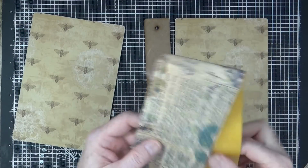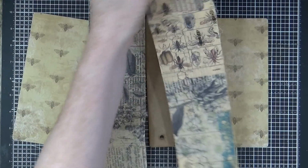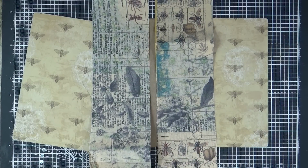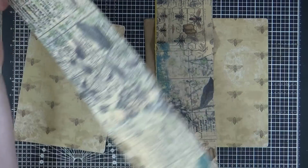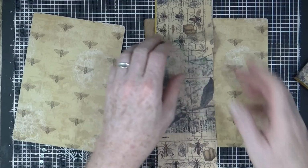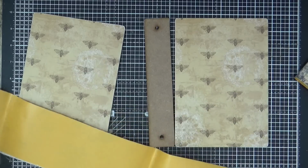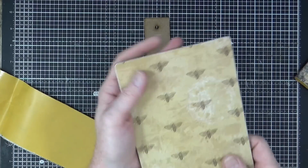But I did find two strips from some, I think this is Tim Holtz material. I can't be sure. Or it could be Seven Gypsies or one of those companies anyway. And we've obviously used this in the past because it's already got the self-adhesive sticky on the back, which is very, very useful. Thank you very much. Ian must have done that. So what I'm going to do is put those two covers to one side,